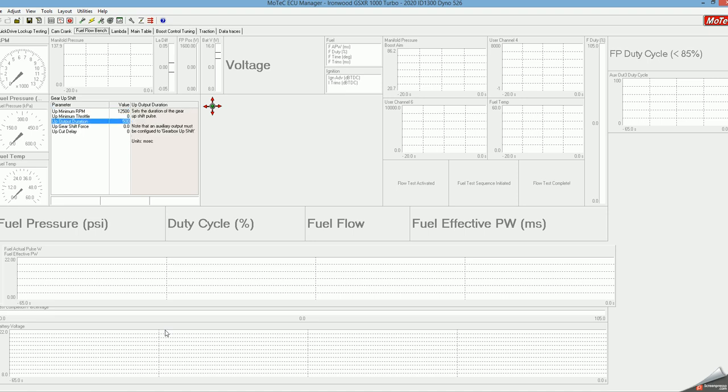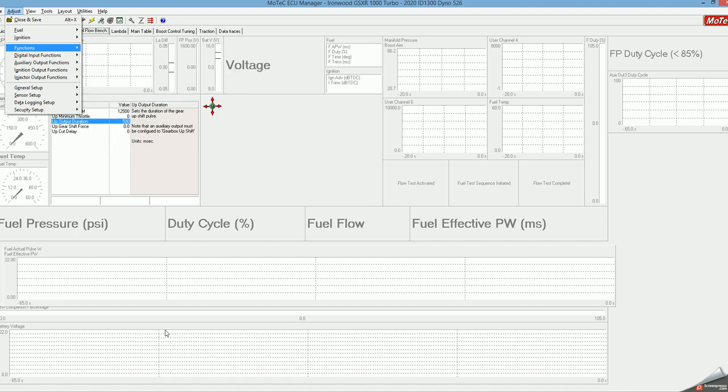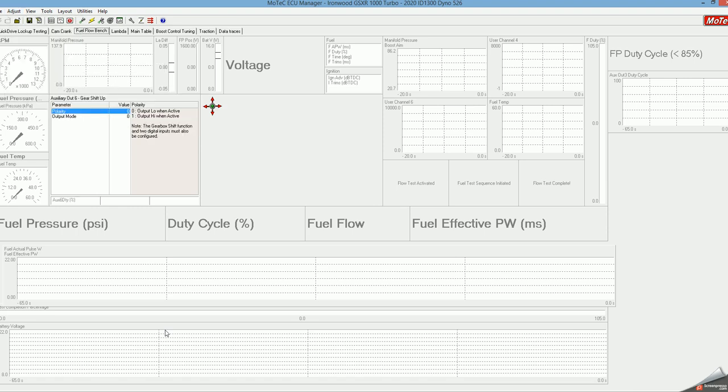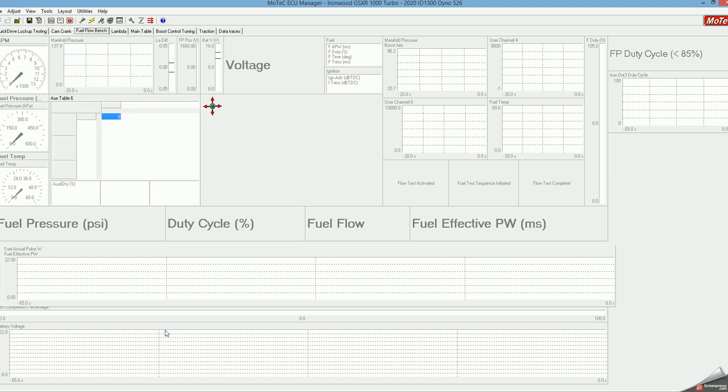This is the duration that the output will come on so the shift can occur. And then there's an aux output over here set up as a gear shift up output. And that just basically follows the control mechanism inside the M800. So if you want to make changes to your shift RPM, you make the changes in the dash. And if you want to make a change to a lower shift point,